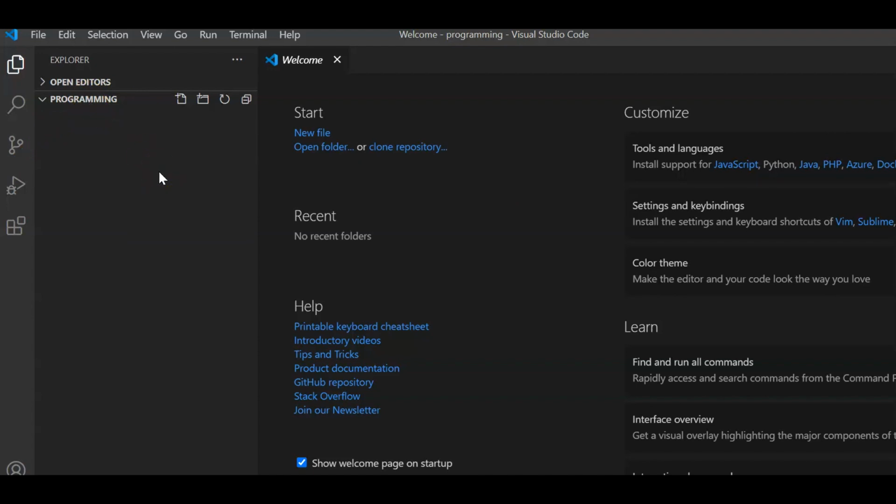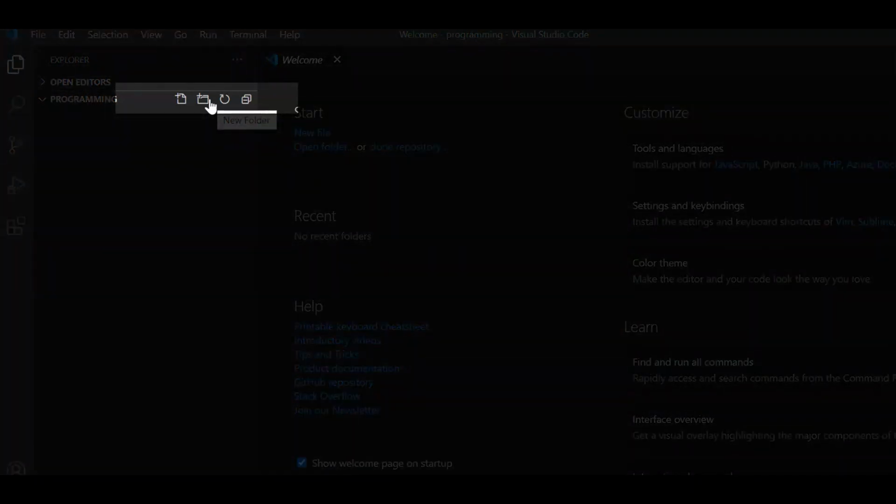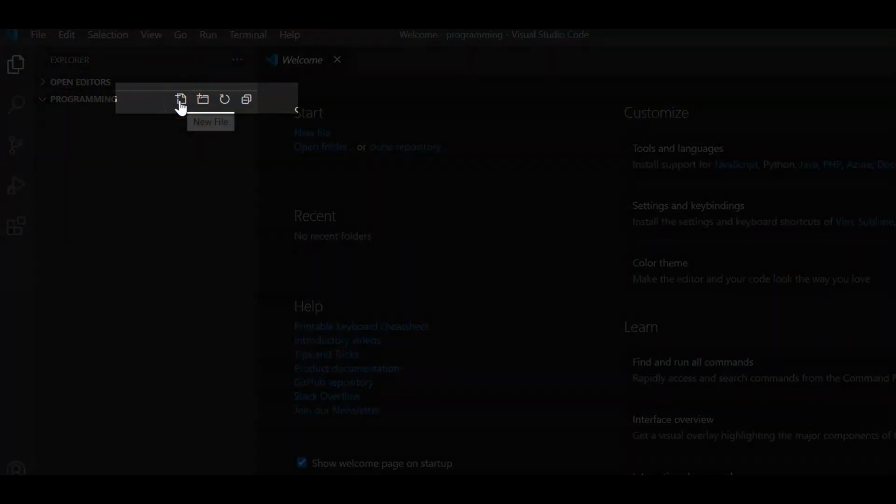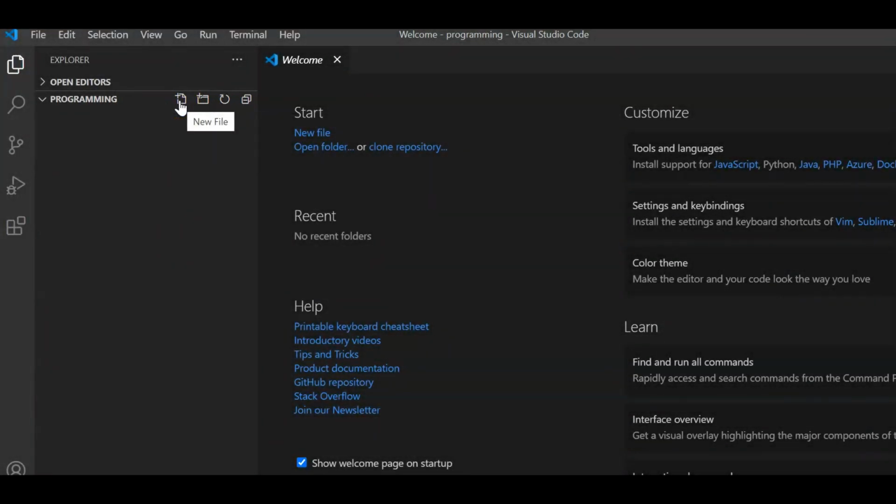Now I would like to write my first program in Python. For that I can do this, and here we can see a bunch of options. The first option is new file, the second option is new folder. We can further create many folders from VS Code, but this time we want to write our Python program, so I will create a new file, and I will name this file, let's say, hello world dot py.